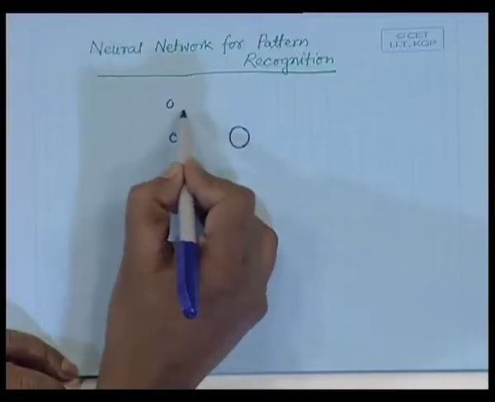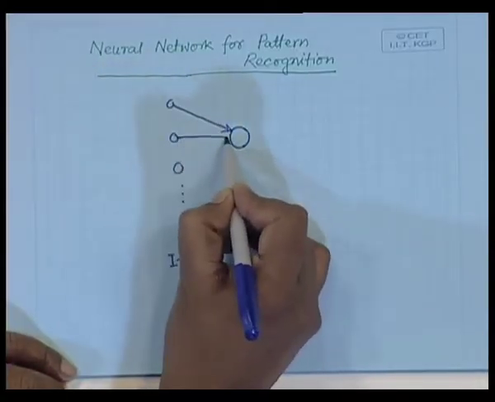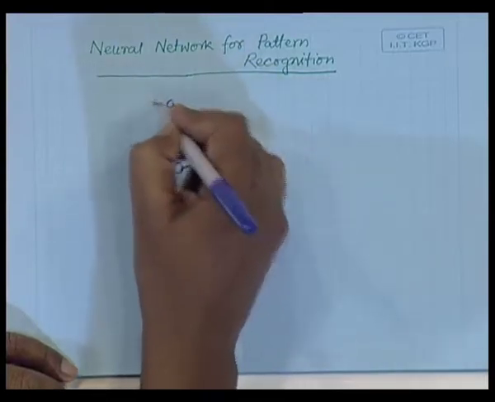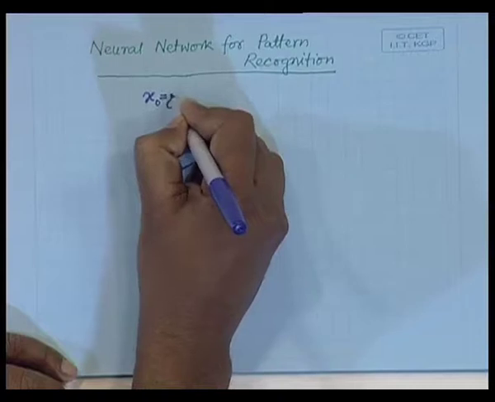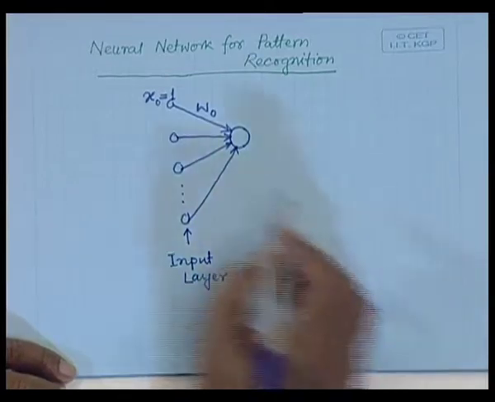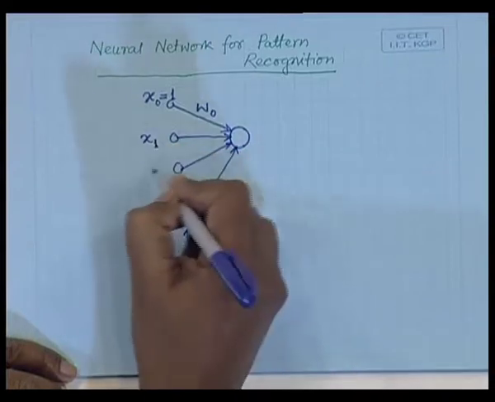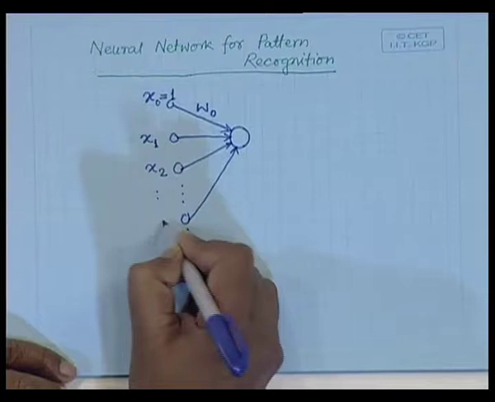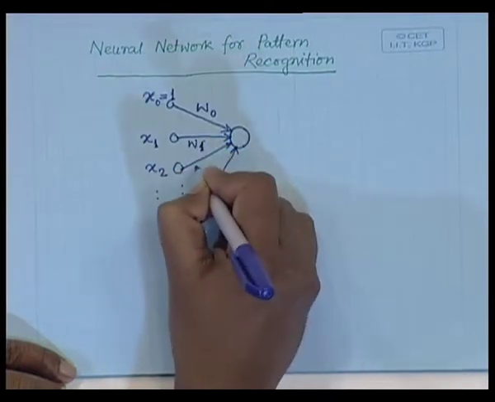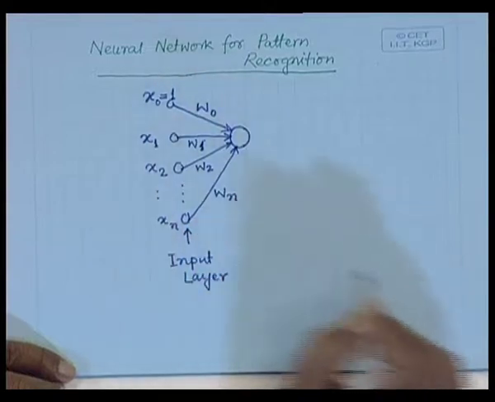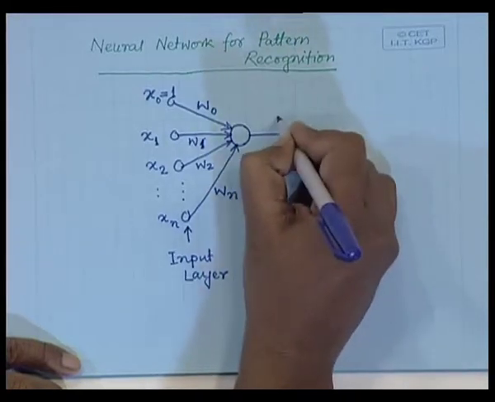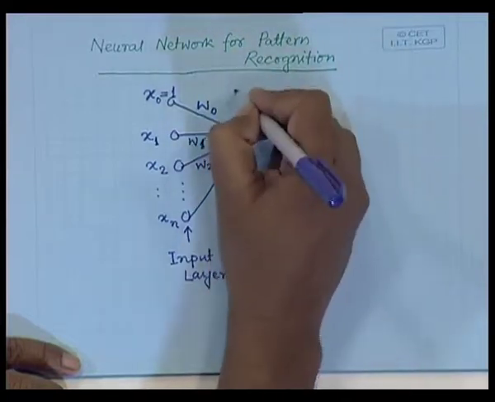So, the connections that we will have are something like this. Here I have x 0, which is usually set to 1, and the connection weight over here is W 0, which takes care of the bias weight. Whereas, the other inputs will have the different feature components x 1, x 2 up to say x n, and the corresponding connection weights are W 1, W 2 up to W n, okay. And the output of the output layer node, let us say this output is equal to D, okay. So, this is my output layer node,